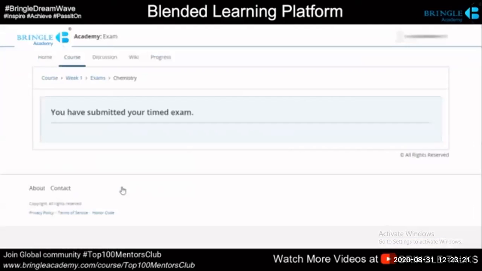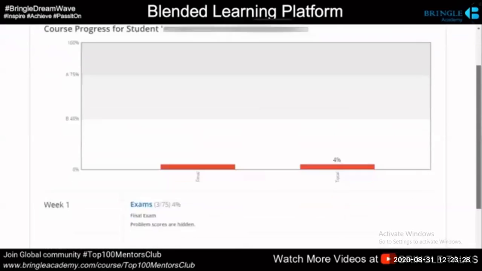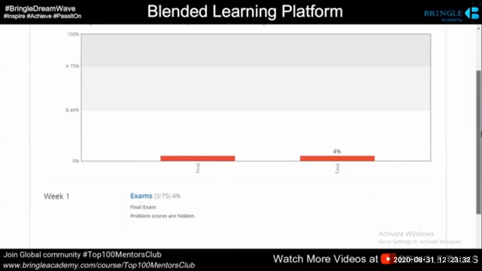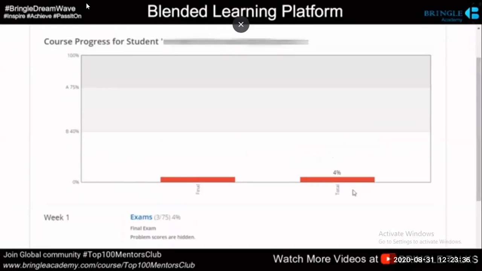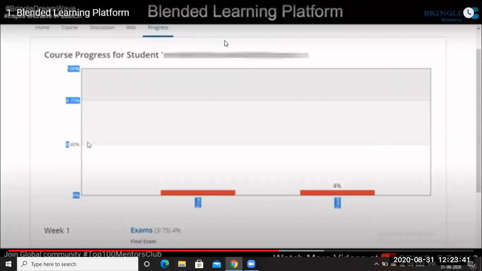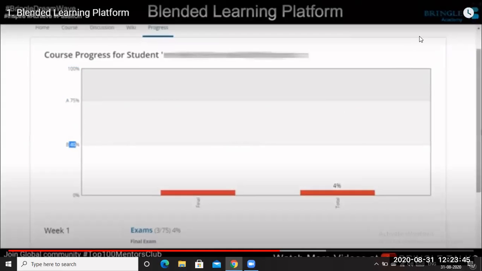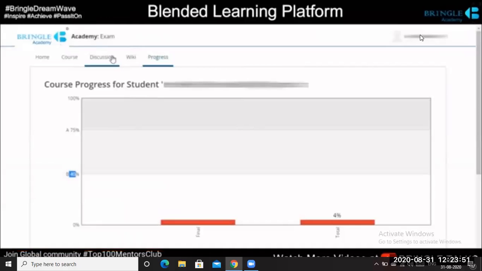And when I'm done with my submission, I can also view the marks I obtained in real time in the progress tab. So the system automatically evaluates the submission in real time and gives my score. Since I randomly picked marks, I just got 4%. For me to get a B, it's 40%. For me to get an A, it's 75%. And for me to get full marks, I will hit 100% on the chart.